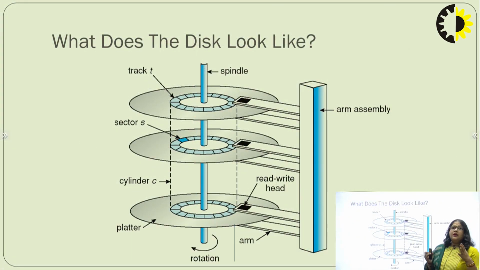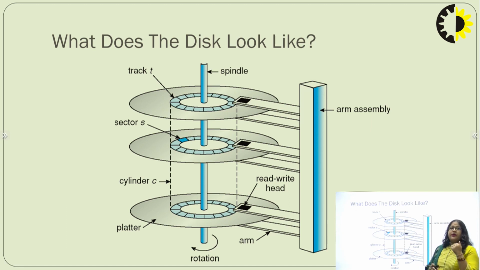Basically the hard disk is divided into a number of platters. These are the platters, and each platter is divided into a number of tracks. These are the tracks. A platter is like a disk, one plate of the disk known as a platter. There are multiple platters in a disk. This is the foundation of the disk, that these platters are divided into a number of tracks,